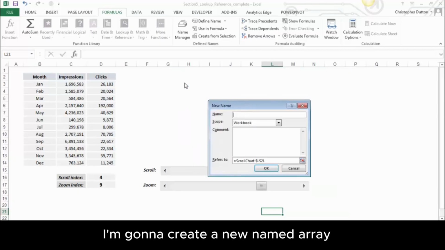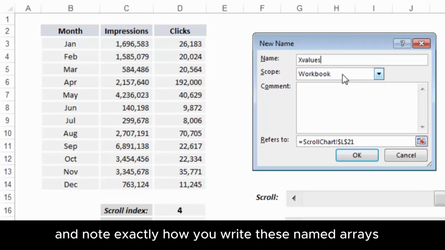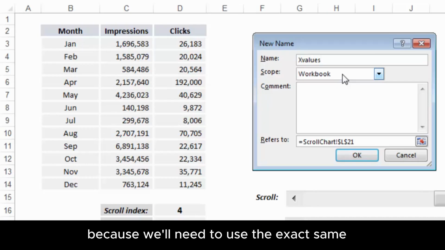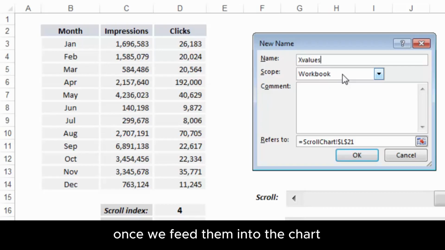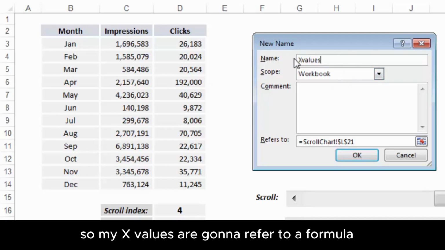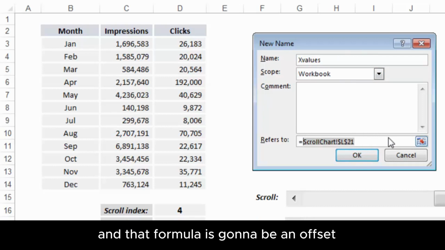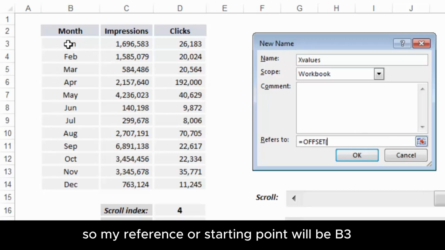I'm going to create a new named array. I'm going to call it X values. And note exactly how you write these named arrays, because we'll need to use the exact same syntax and the exact same name with the same capitalizations and lowercase letters once we feed them into the chart. So I'm using a capital X and then a lowercase v. So my X values are going to refer to a formula, and that formula is going to be an offset. So I'm going to type offset, and my X values live in column B, so my reference or starting point